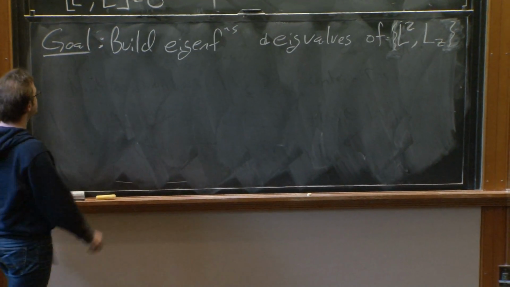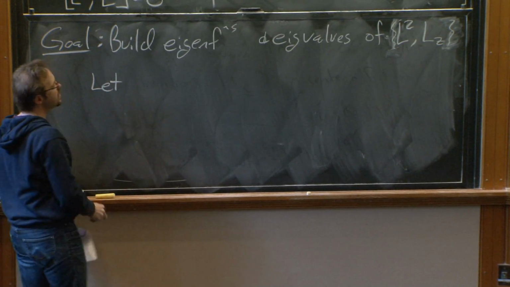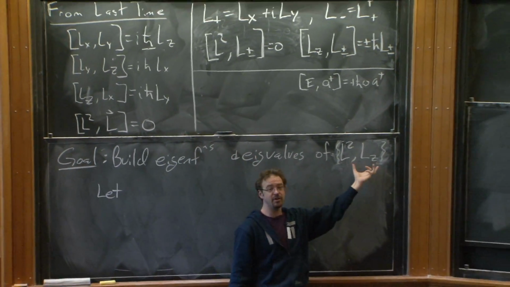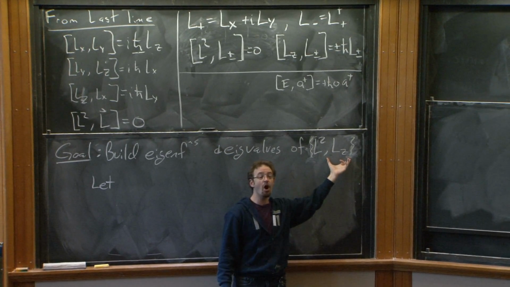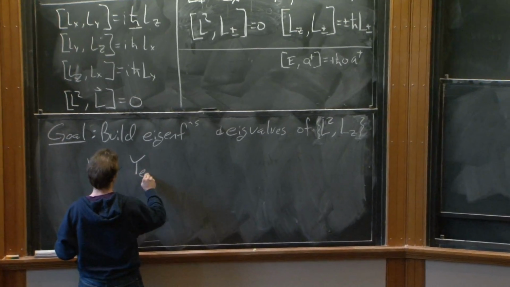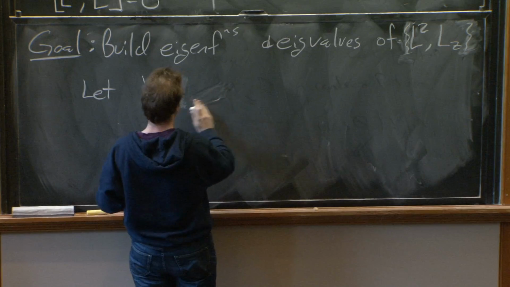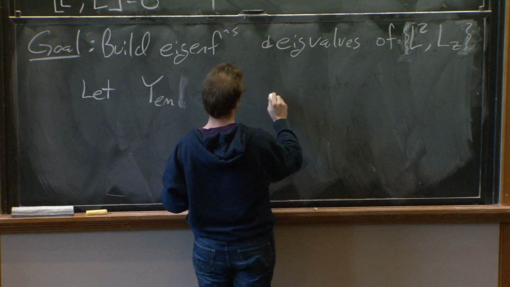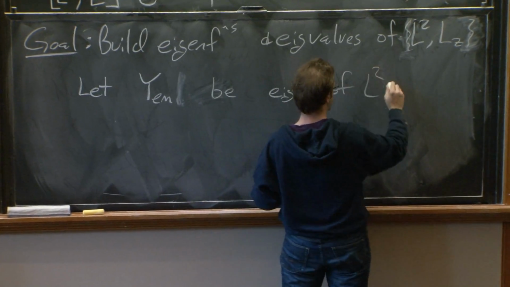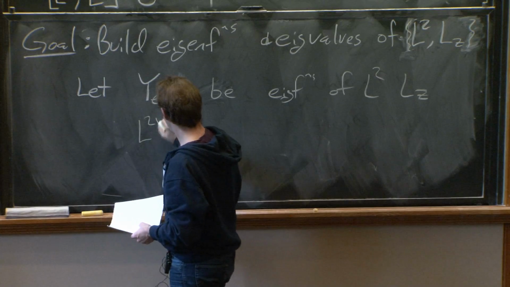OK, so this is our goal. So let's get started. So first, because of these commutation relations, and in particular this one, we know that we can find common eigenfunctions of L squared and Lz. Let us call those common eigenfunctions by a name, Y sub lm, such that, so let these guys be the common eigenfunctions of L squared and Lz, i.e. L squared Y_lm